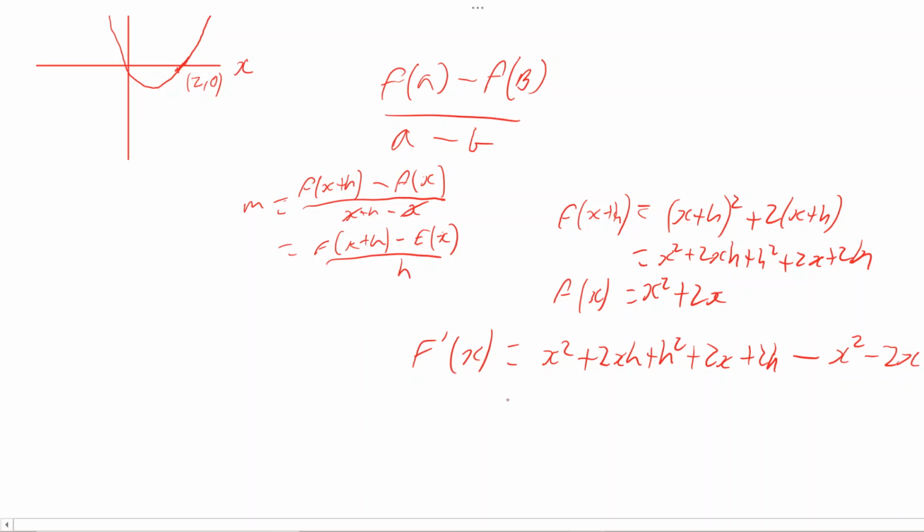And it's all on h. So this can be simplified: your negative x squared cancels with your positive x squared, your negative 2x cancels with your positive 2x, which just leaves you with